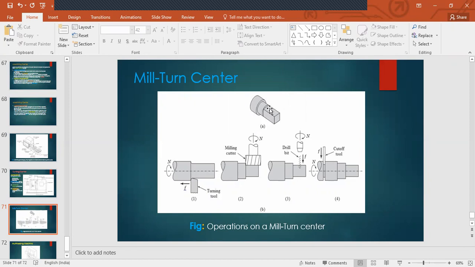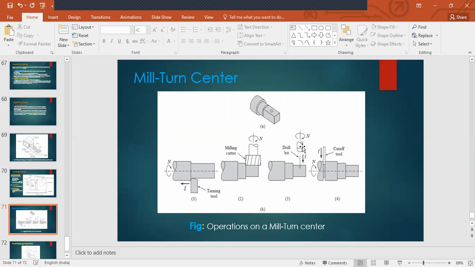Instead of that, if we can make it in one center, there is one center called the mill turn center, which can do turning with a turning tool, and also has a milling cutter. If you have these installed, then you can do milling, which will achieve this prismatic kind of shape. This will rotate, and you are able to achieve these prismatic features.